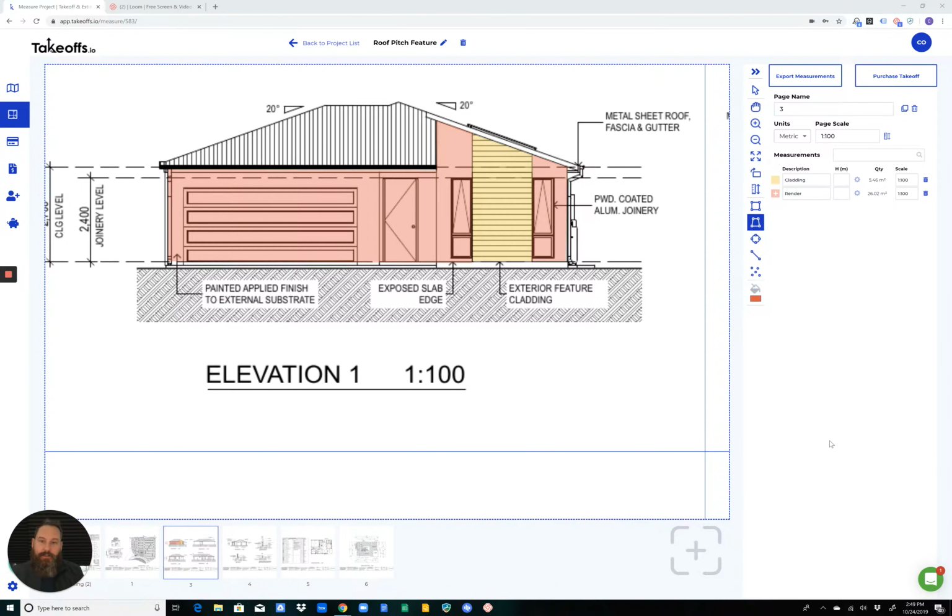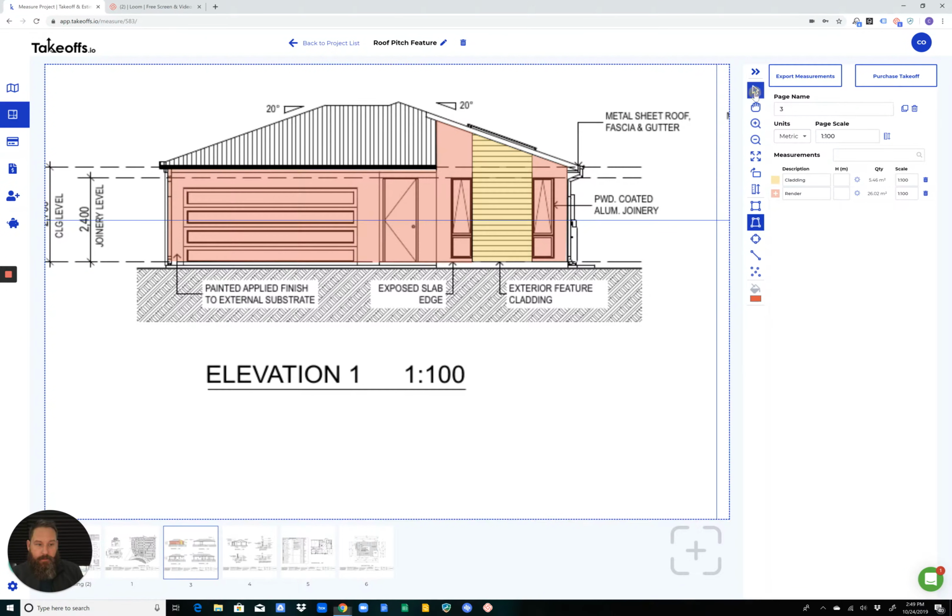In this video, I just want to show you how our cut feature works. Now, what I'm doing here is I'm in the middle of doing an external render takeoff, and I've marked up my external cladding, I've marked up my external render, but I don't want to include big openings such as this garage door. So what I can do is actually grab the select tool, highlight the markup area that I'm wanting